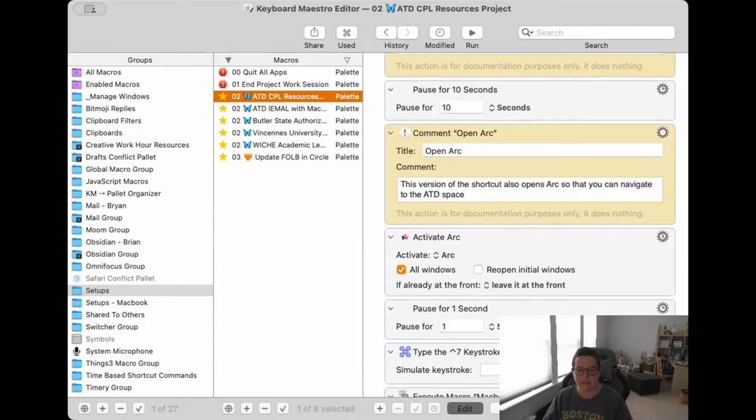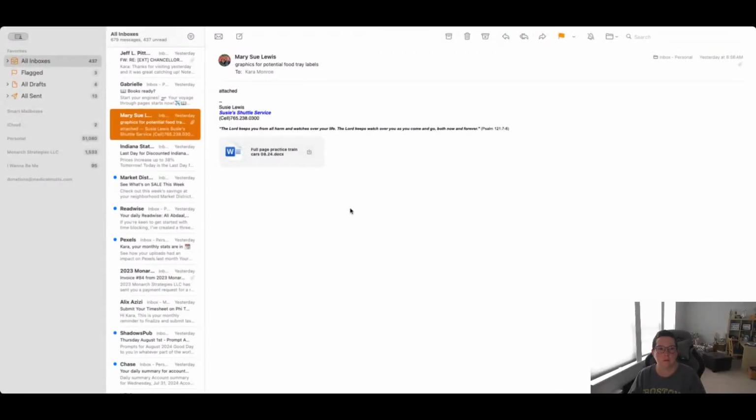All right, so let's test out that Save Attachments automation in our mail application. I'm actually going to use the Keyboard Maestro Save Attachments option here. So I'm going to click it in my command palette, which I don't think you can see.